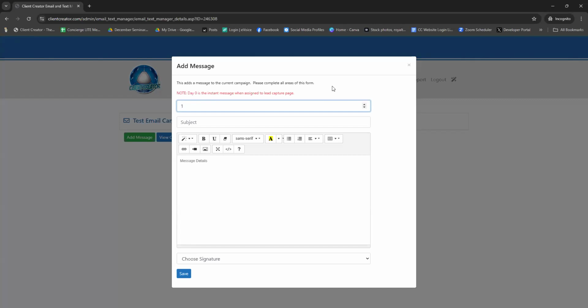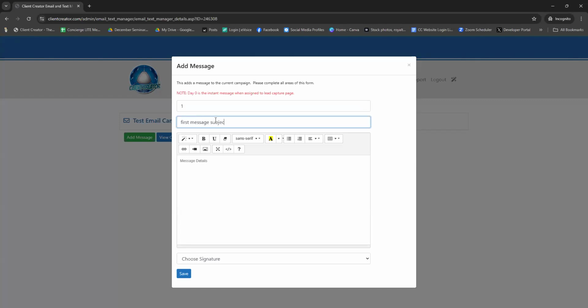You want day 1 to be your very first number on here. And that means that you're going to assign clients that you may already have their emails, or you may be past clients, and you're going to assign it to them. So you want to make sure that the first message is 1 or anytime after. I mean, it could be 10 days after, it doesn't matter. But you can put on here your very first message, and I'm just going to put on here first message